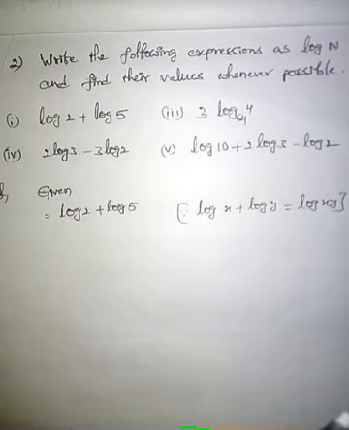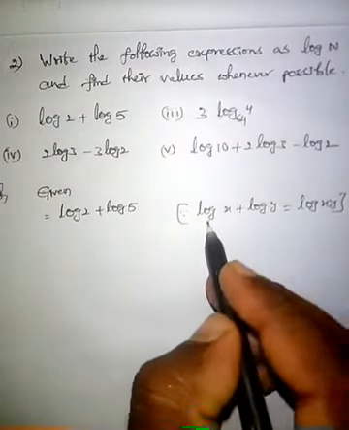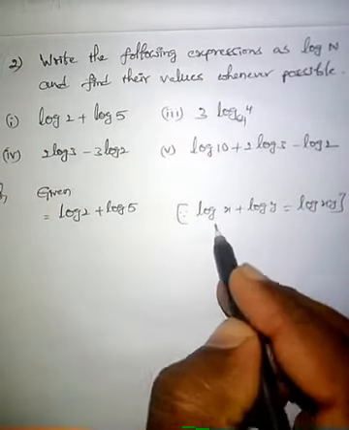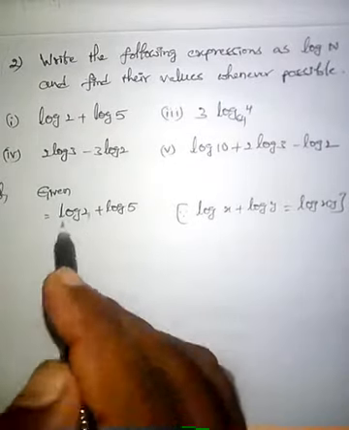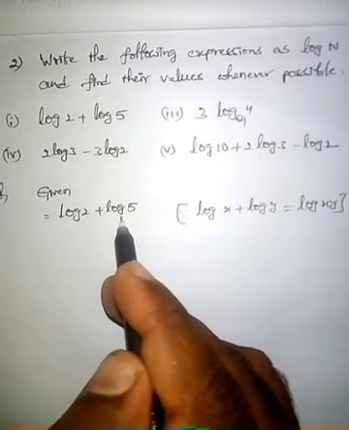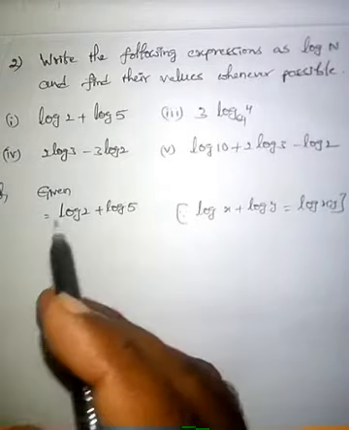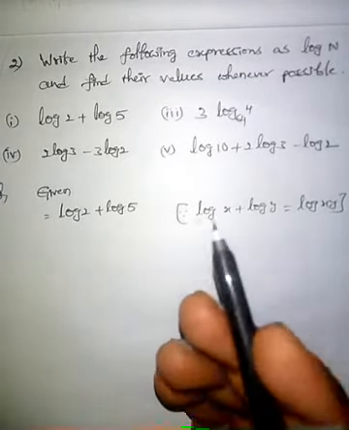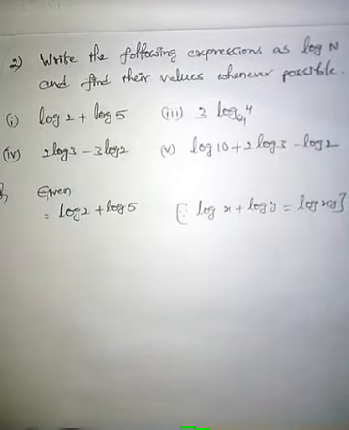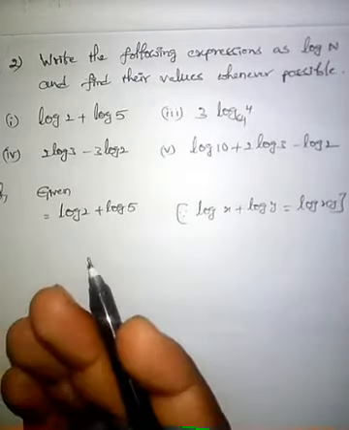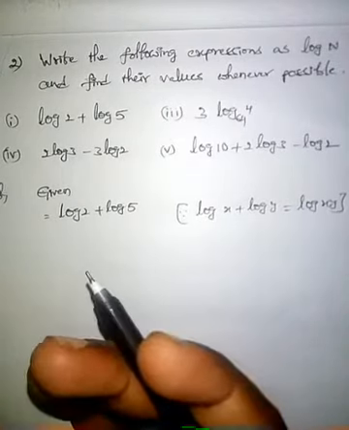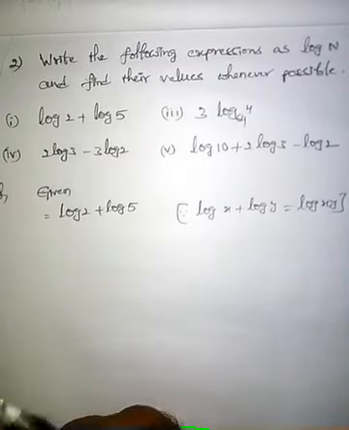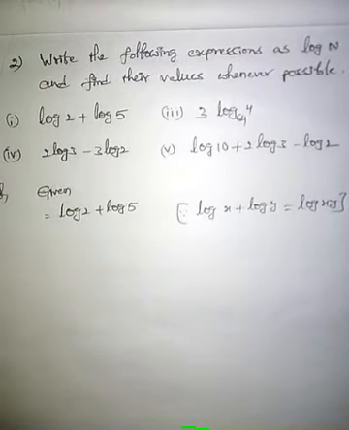Particularly if the base is given, then only we have to consider that base, otherwise we have to consider the base as 10. Okay. So in the formula also you can write log 2 to the base 10 plus log 5 to the base 10, or you need not write the base also. If you want to write, you can write, otherwise there is no problem without writing the base also. Okay. But we assume that there is a base, that is 10.